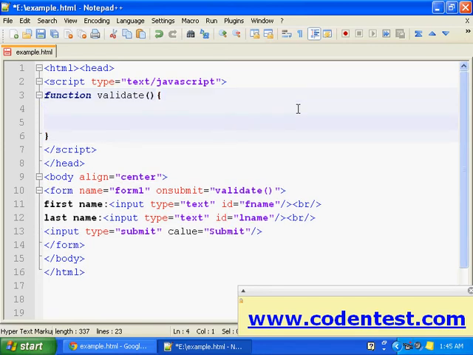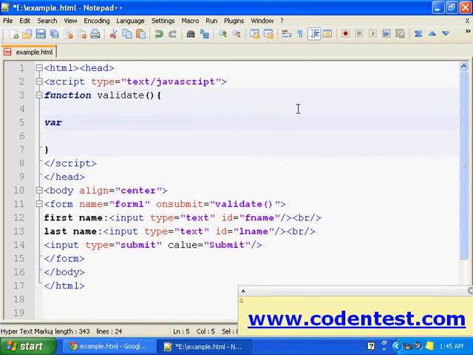Variable result equal to document.getElementById.